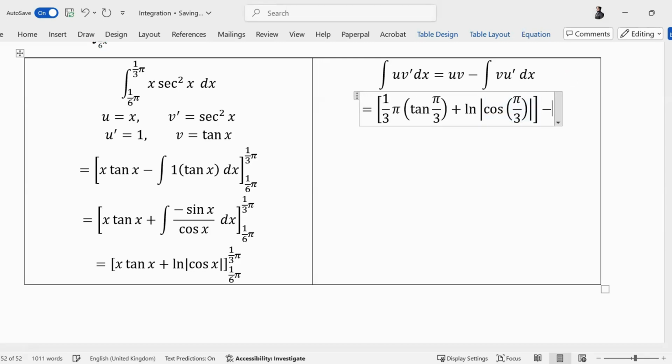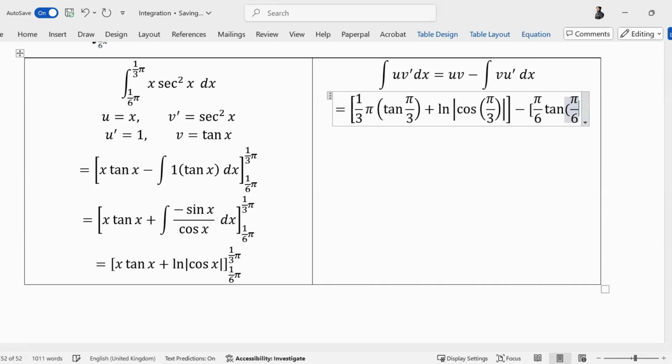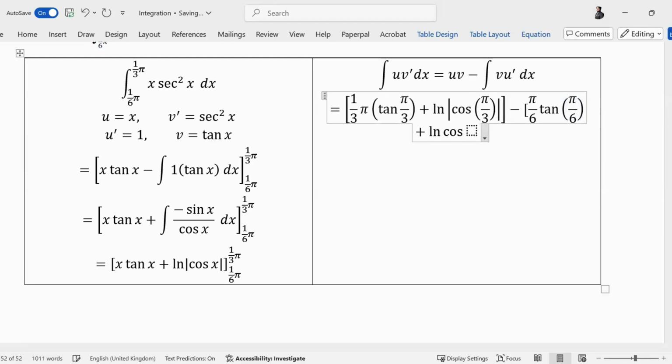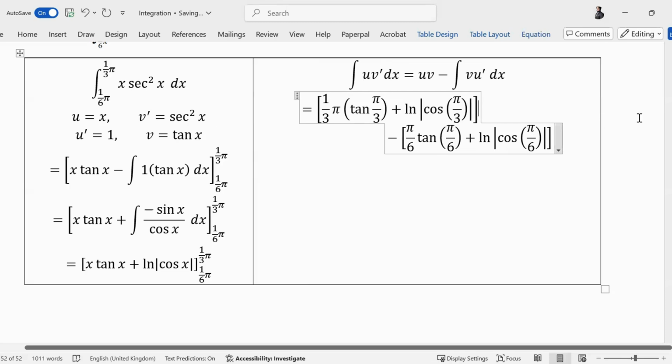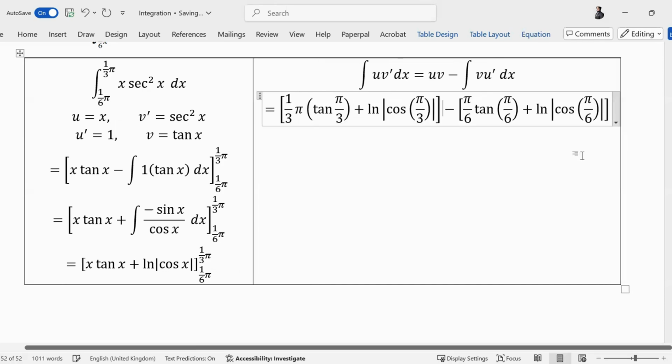This is your upper limit, and what is your lower limit? Pi by 6. Pi by 6 tan of pi by 6. कैलकुलेटर में कैसे प्लग इन करना है बता दूंगा मैं भी. प्लस ln cos of pi by 6. Is that right? कुछ और आ रहा है तो बता दो।